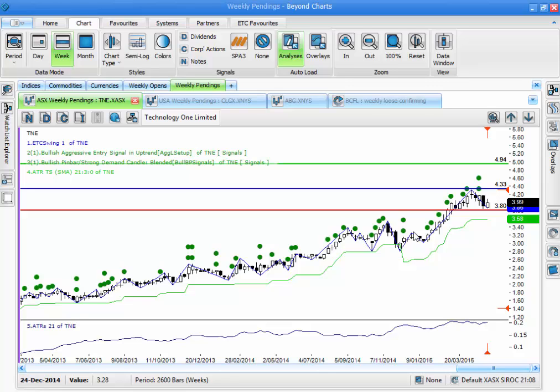So price action on that side of things is very, very strong. In terms of opportunity, well, again, if we're thinking about round numbers, for those of you who do want to scale out, $5 is the logical target there. Alternatively, all we need to do to stay in this trade for as long as possible is wait for price